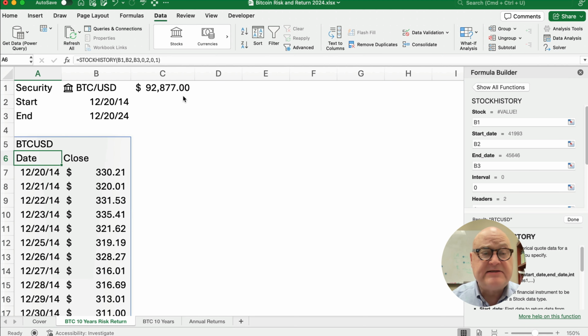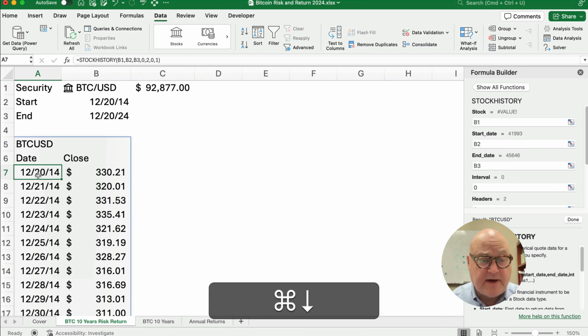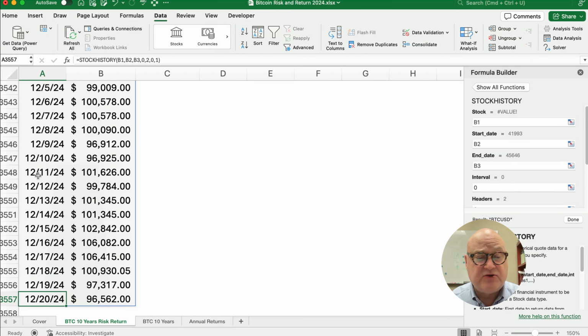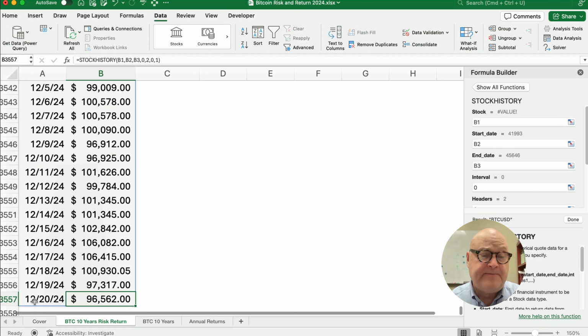Since Bitcoin doesn't have dividends or a stock split, nothing like that, we can just use the closing price. So here's what it did. Excel can go out and pull the Bitcoin price for each of the dates. Let's go all the way to the bottom. What I have is December 20th, and the closing price on the 20th was